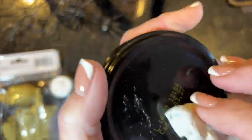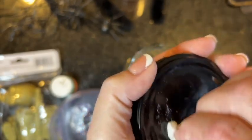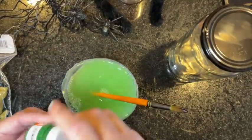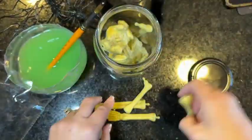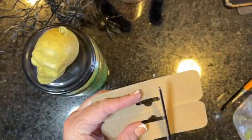It's so easy, I really don't need to do voiceovers. Okay, magic eraser to get the timestamp date thing off the lid. I know I'm going to glue the skull on there, so it scuffed it up a little bit. That was fine. So here's some water, and I just add some green acrylic paint, the witch green color I call it, and then just throw all the bones into the jar, add the green liquid, and take the cardboard